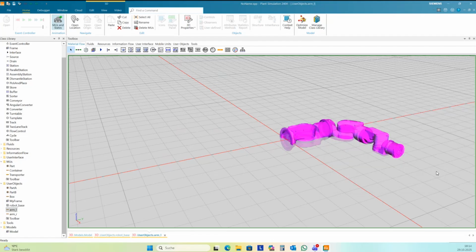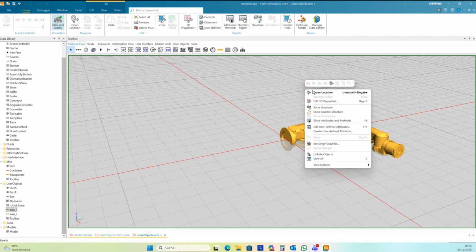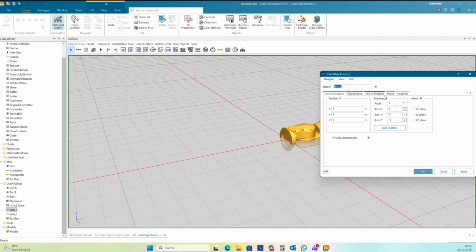In X direction, this arm has 7 axes, and so it doesn't fit into the default configuration of Plant Simulation, which only supports 4, 5, and 6 axes, and this has 7 axes. And so I created some poses for this arm, and you can see this in the 3D properties.